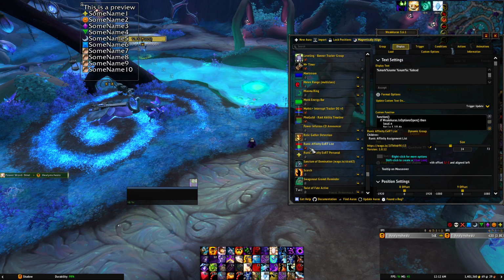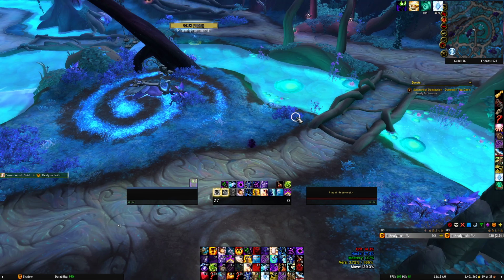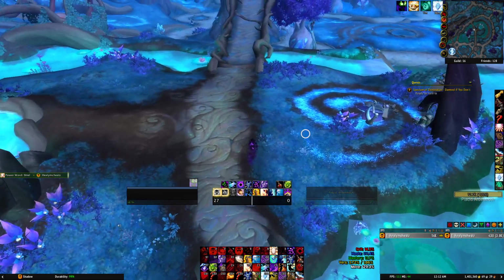And this is a WeakAura that somebody else wrote that I just downloaded and imported, and now it makes my life a million times easier, right? So if you don't have WeakAuras, I would recommend it 1,000,000,000%. It's so helpful. Even for stuff that's not